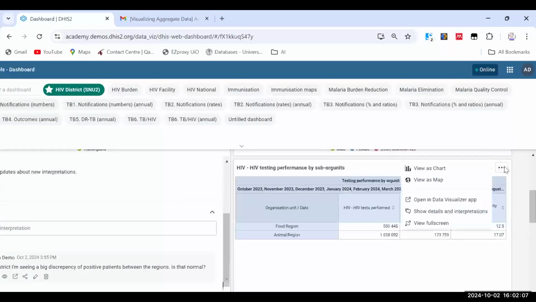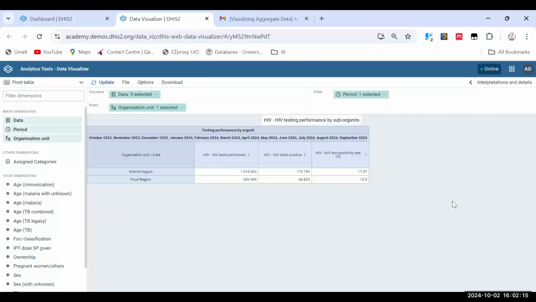I will click here and you will see this option, open in data visualizer. So if I click on open in data visualizer, what it will do is it will take us to the data visualizer app. So if you are familiar with DHIS2, you will know data visualizer app is where we configure the charts and the tables. Okay. So as you can see here,